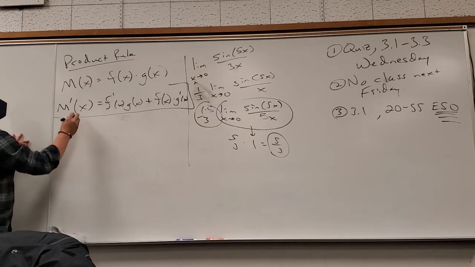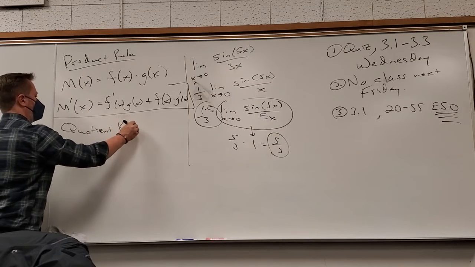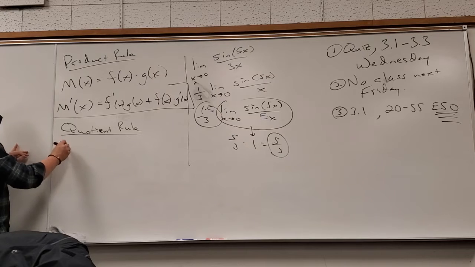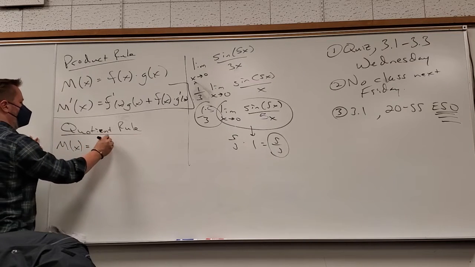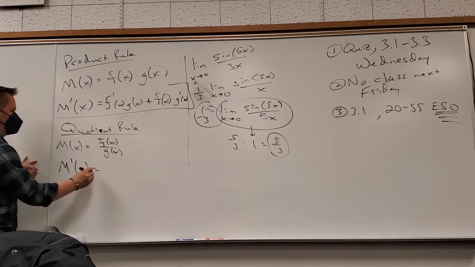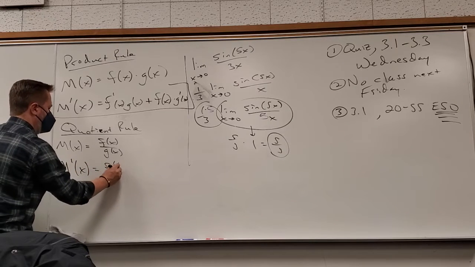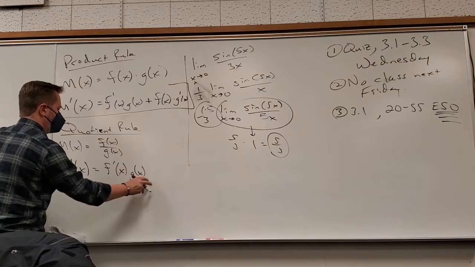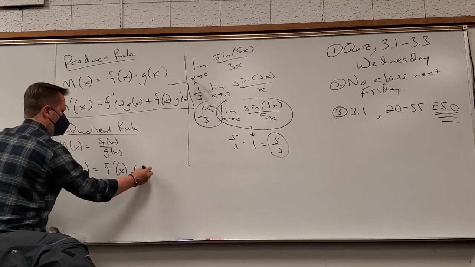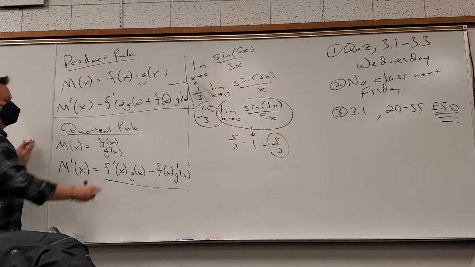And of course, what about quotient rule? I busted out my award-winning song for you guys. I don't know if you remember my little song. It's got a lot of lyrics to it. f prime of x. What's important? Top first, so the top gets the derivative first. So it's almost like product rule, except what goes here? Minus. But it looks a lot like product rule so far, right? Except it's a minus.